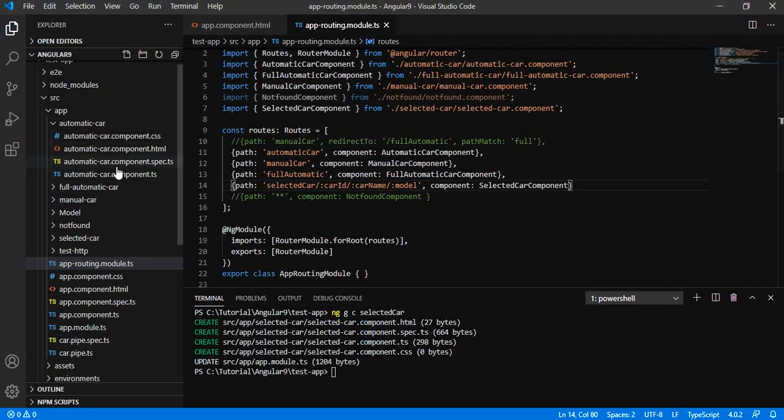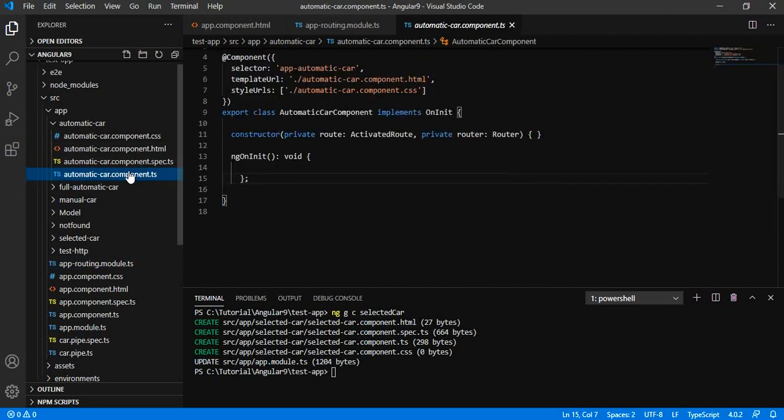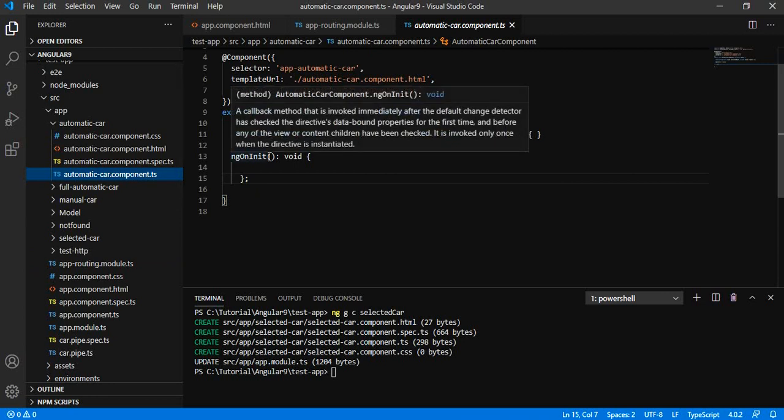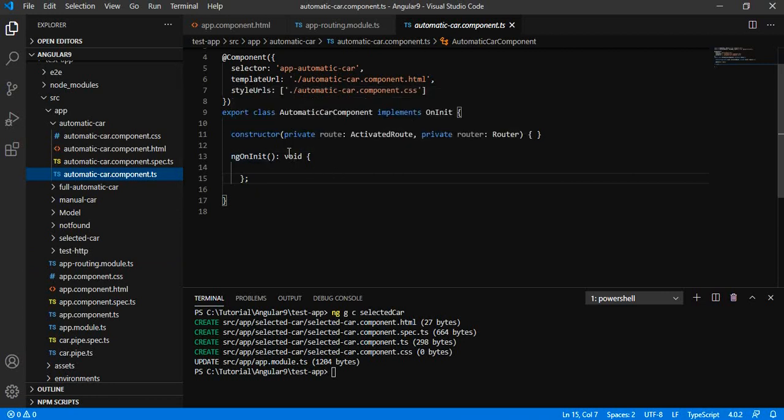Let's say we are trying to add, in our automatic car component, a list of cars.